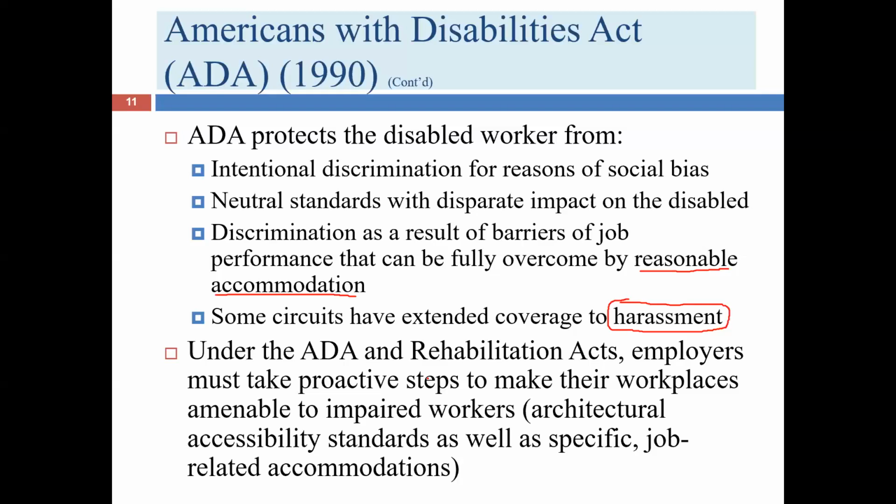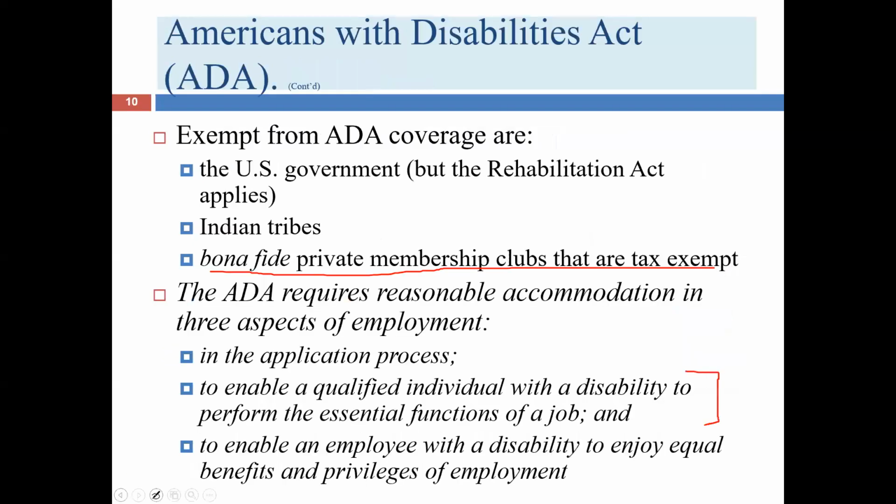And so there may need to be some architectural changes, some redesign of physical space, widening of hallways to reflect the needs of a wheelchair user, the need to lower sinks perhaps in the bathroom, the need to install ramps and or elevators in places. Those things can be a requirement to make the workplace accessible. Remember, we talked before about making sure everyone has access to the benefits of employment. Well, if you can't go to the ladies' room or men's room, that's a pretty big deal.